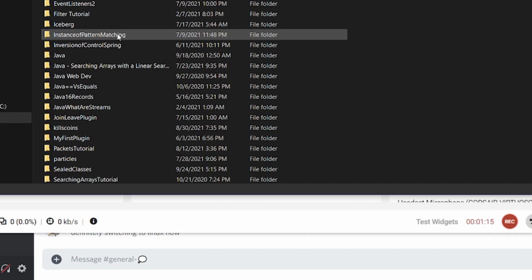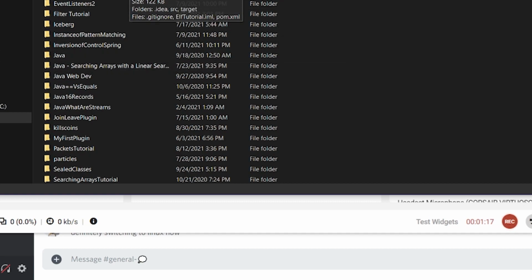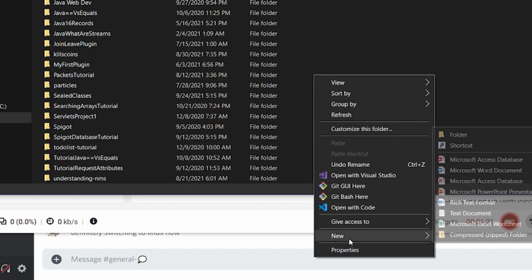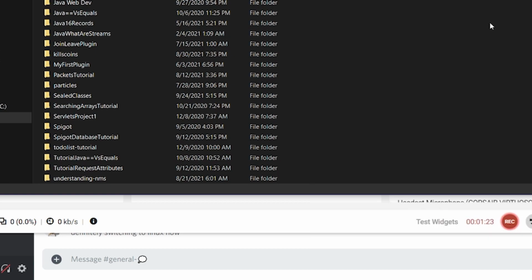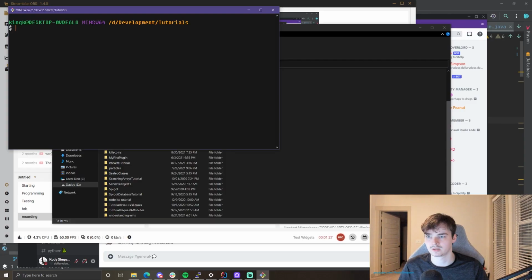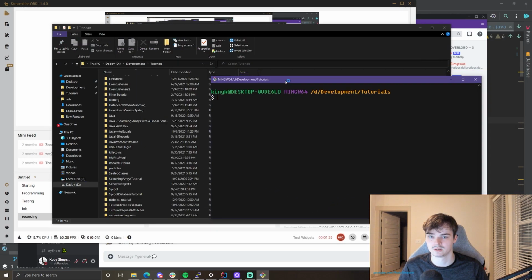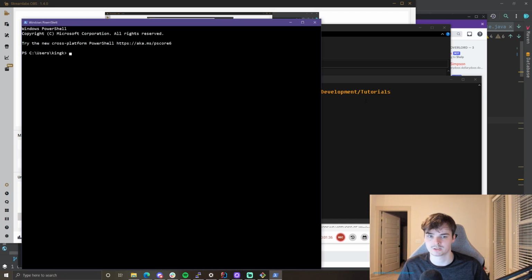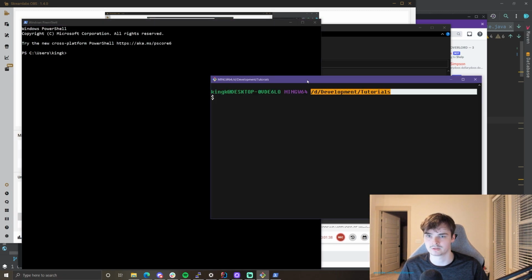the process. So I got where I want to make the project, and so I'm going to go to anywhere and do new folder. Or actually, we don't need to make a new folder. You're going to right click and do Git Bash here. So you're going to get a terminal open up in that location, or you can also just do PowerShell and then just cd into that directory if you want to by copying the directory and do